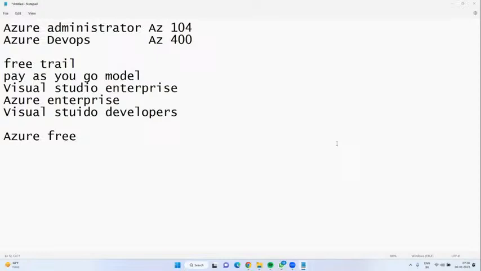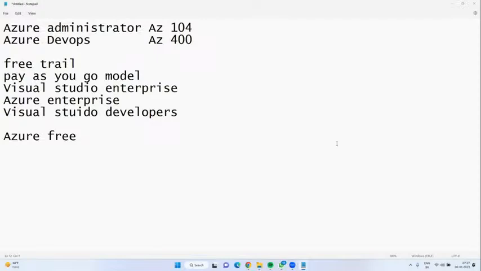Now we'll learn Azure Admin and Azure DevOps. If we change the company, will they provide that much salary? Yes, why not? For Azure Administration and DevOps, they are providing even 20 to 30 lakhs per annum.